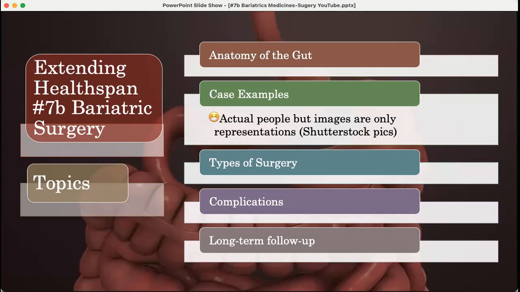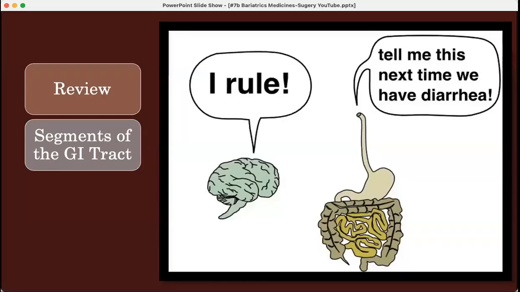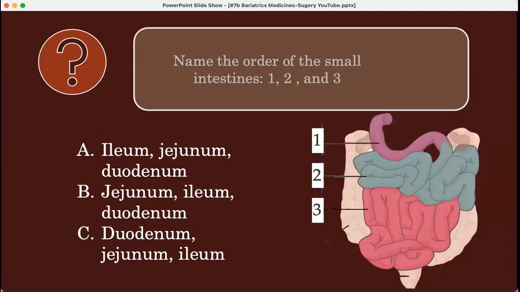The types of surgery we're going to go through, the complications, and some of the long-term follow-up. So we're going to go through the segments of the GI tract. First question, name the order of the small intestines: 1, 2, and 3. This is a hard one to remember, so I've come up with a little memory aid to help you remember these segments and the sequence of the small bowel. And the answer is